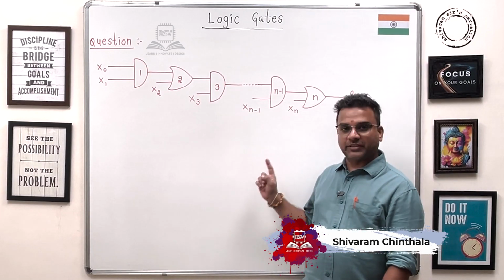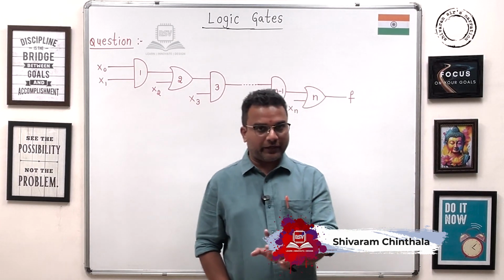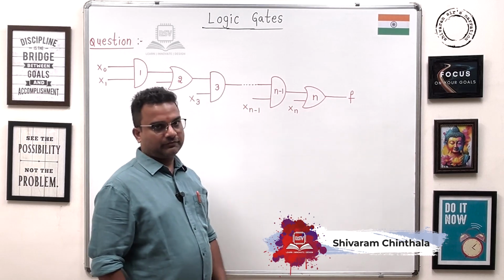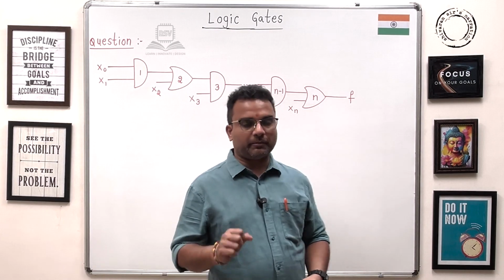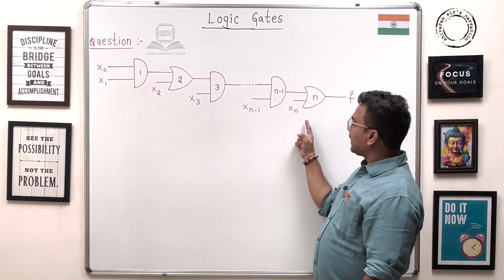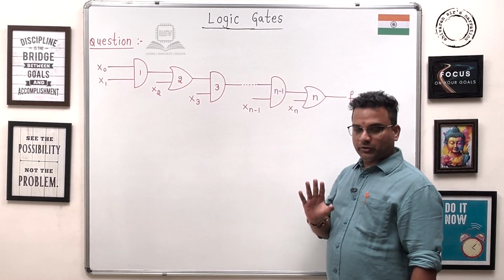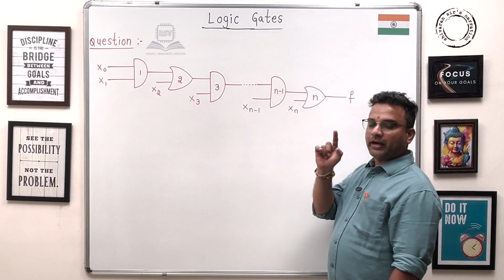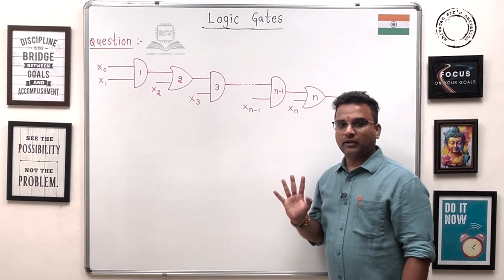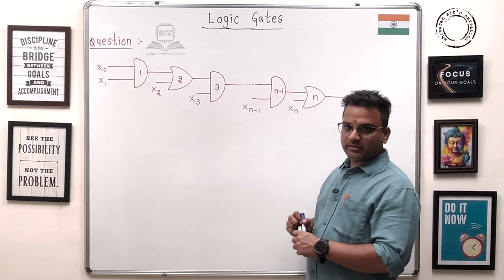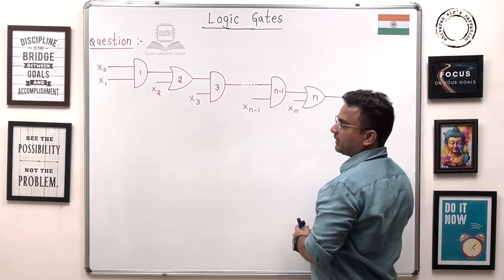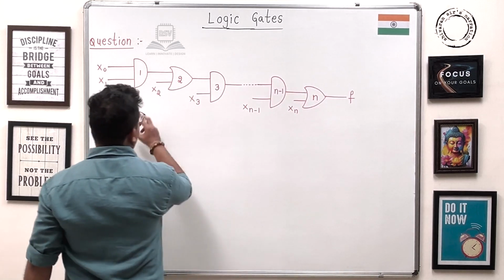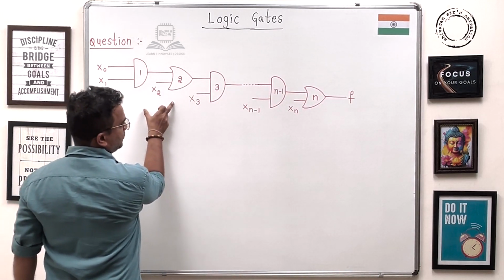Now for this given design, we need to find out the F. Guys, it is a little level 2 question, remember, because for n number of gates, we need to provide the output expression, that's it. Okay, now you see this 1, 2, 3 and so on n. Guys, this AND OR gate combination is going to repeat